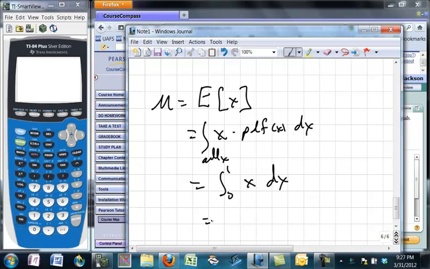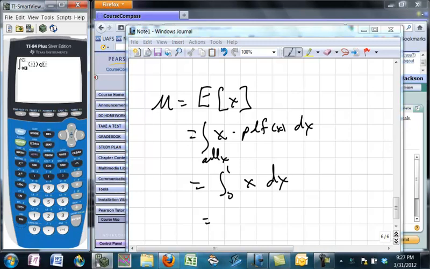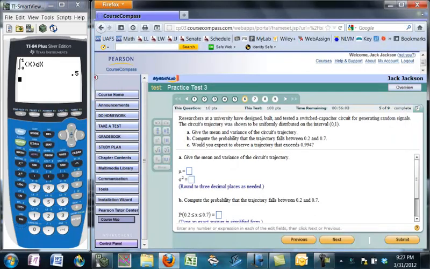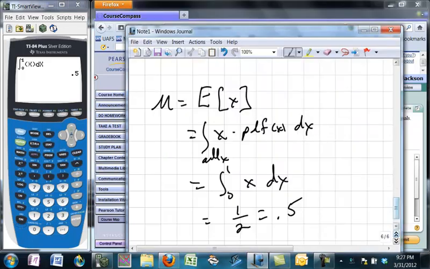Okay, and so we can do that from the home screen. Math 9, go from 0 to 1, x, and then dx, and we get 1/2, or 0.5. So the mean is 0.5. Variance, remember again,